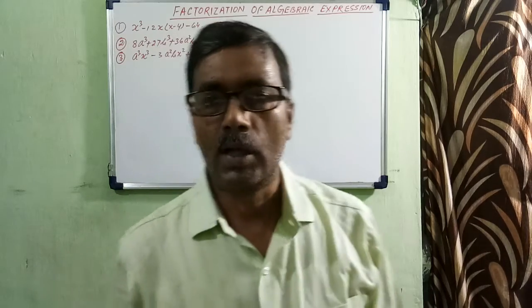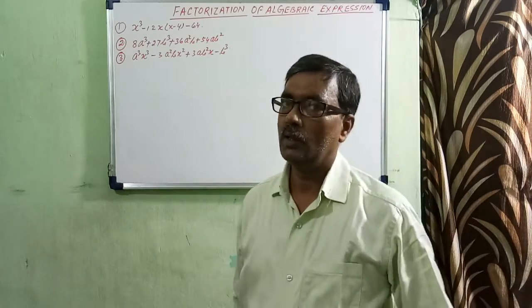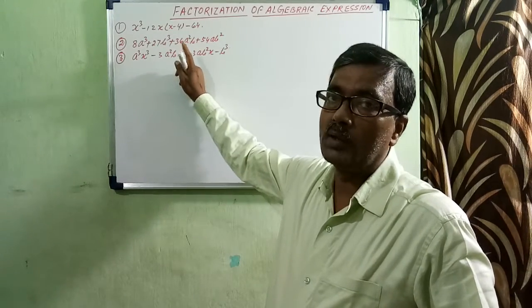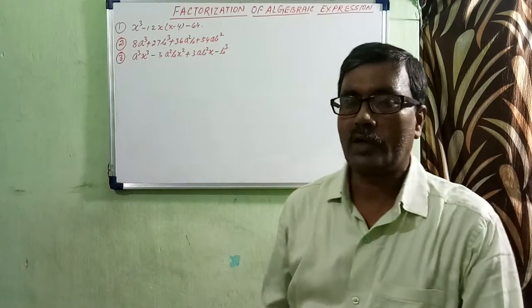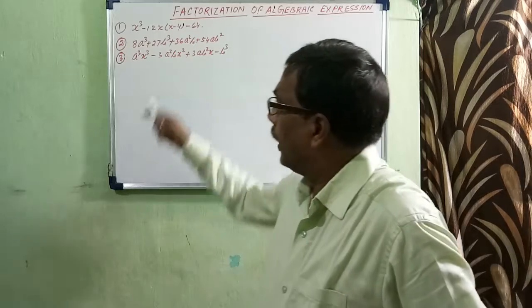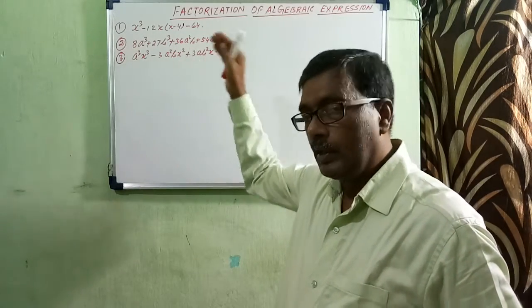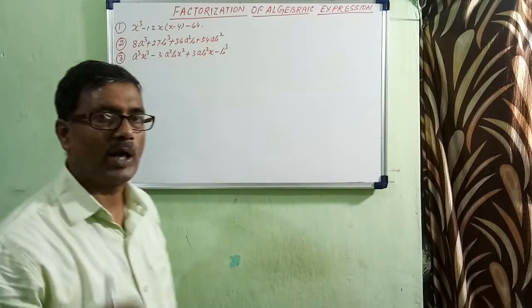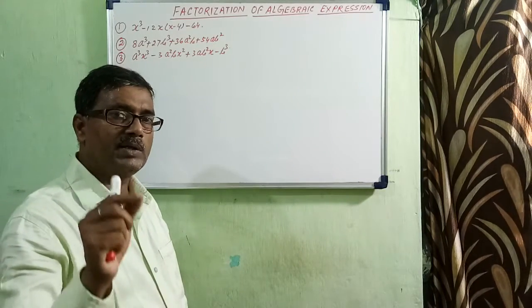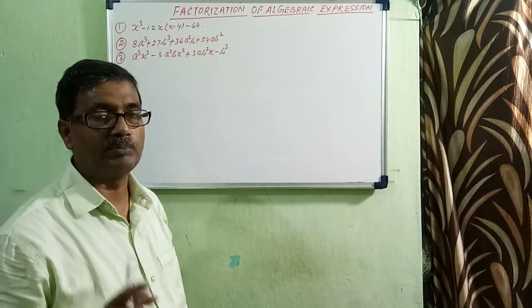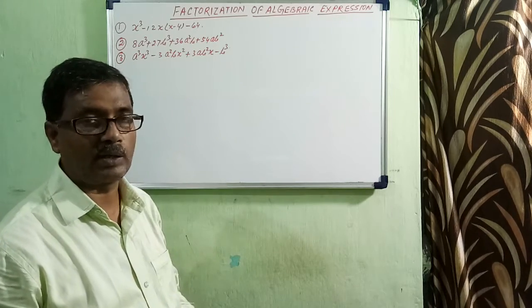Students, in the last class I discussed the factorization of polynomials based on identities. Some more factorization, based on different identities, I will discuss today. I have collected three questions, so first of all, let us discuss these three questions. In every such question you have to see whether it is in a certain form of identity or not, and for that you have to remember all those identities I am repeatedly saying.